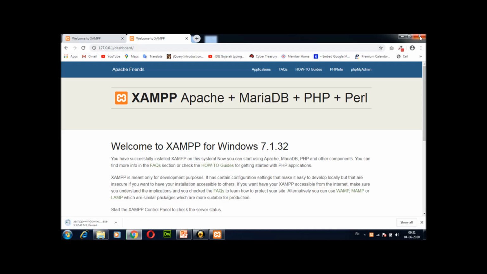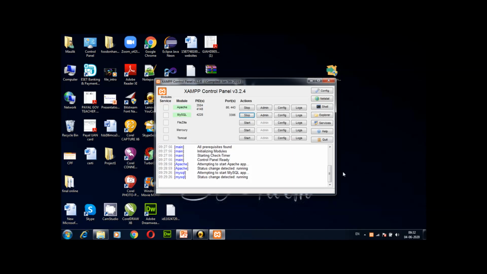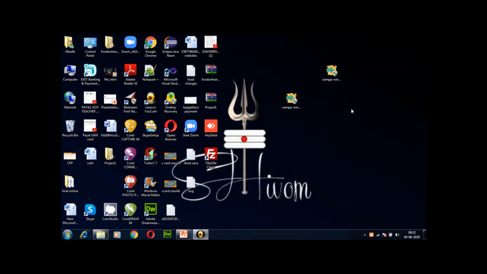Now we will close this, and again I am going to show you some relevant control panel options. I am going to stop these two services and close this control panel.